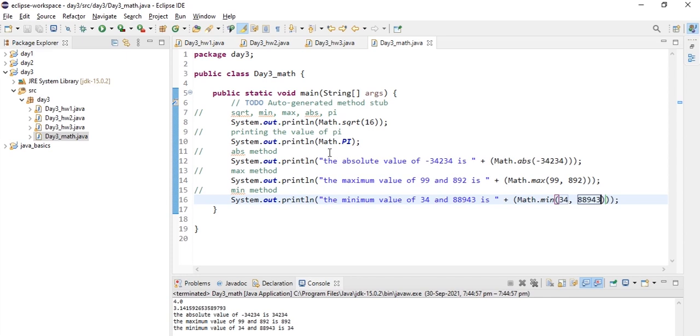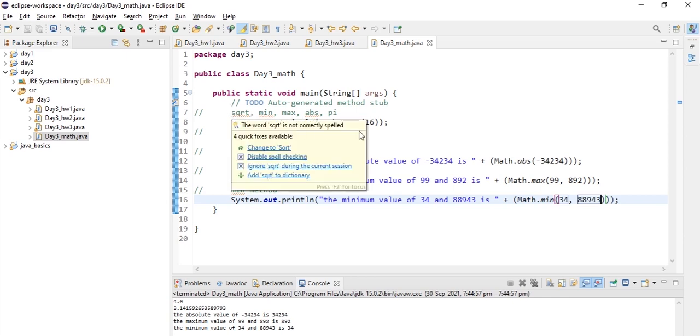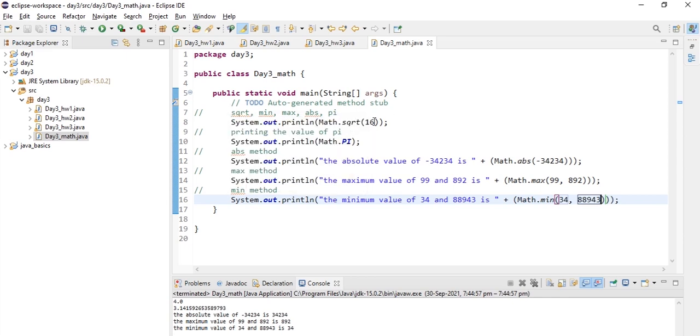So these are some of the methods which are available in the Math class. We discussed the square root, which returns the square root of a number. If you pass in the square root of 16, it returns 4. Here we are printing the value of pi, that is 3.14, and here we are printing the absolute value of a number, suppose we are passing minus 34,234. Instead of that, we can pass a positive integer also.